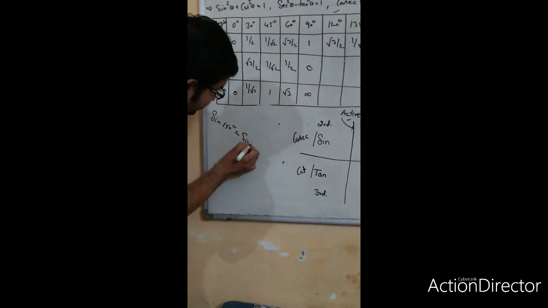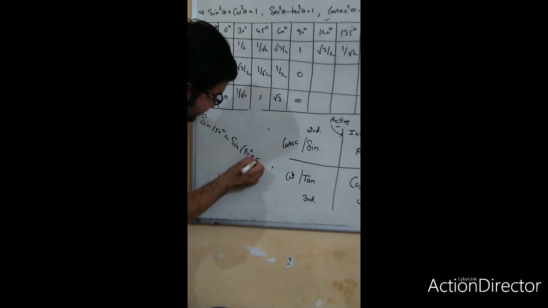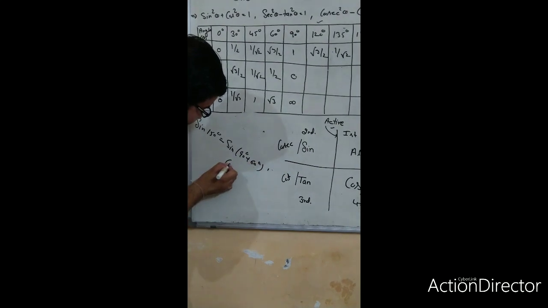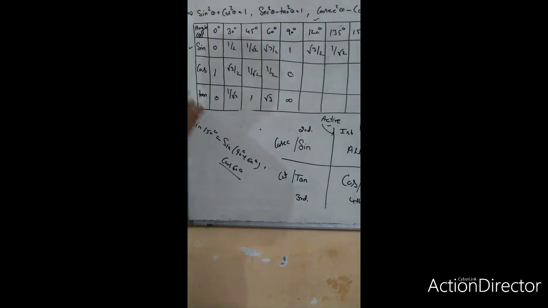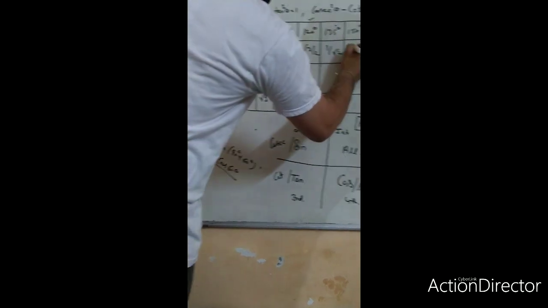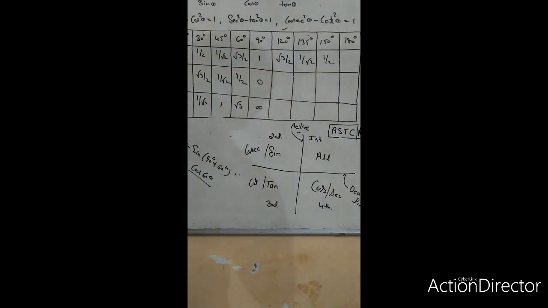In a similar manner, you find 150. For finding 150 degrees, you have to take sine of 90 plus 60 degrees. But at that time, the cofactor has already changed to cos 60, and the answer will be positive cos 60. What is the value of cos 60 here? 1 by 2. That is 1 by 2. But what about the 180 case?